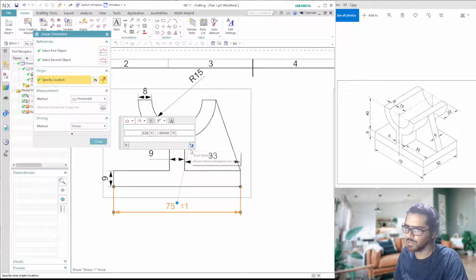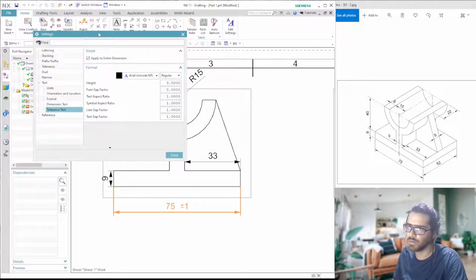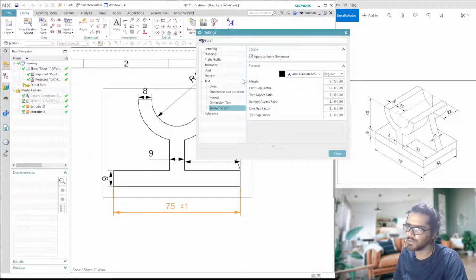You can see that there is this text settings option, where you'll have a lot of options. Mainly I'll be concentrating on the size here. You can see there's an option to change the dimension text and tolerance text size. You have the option to modify the height, the font gap factor.